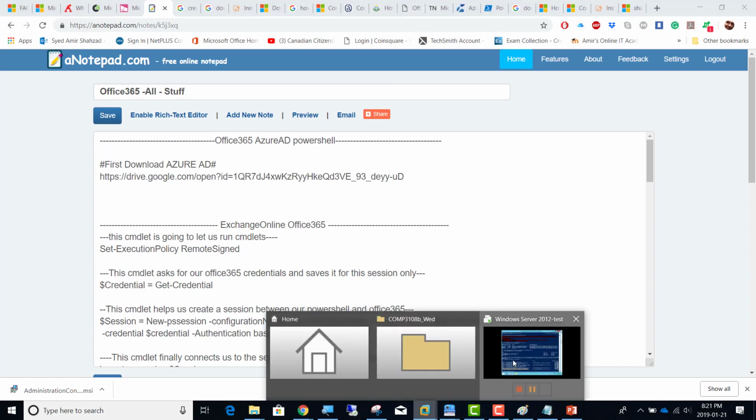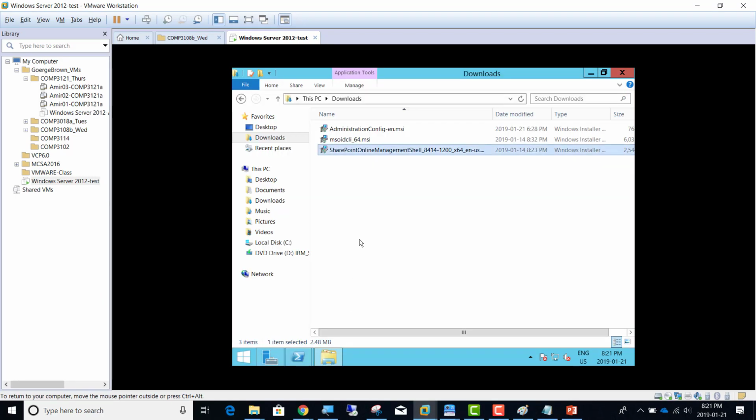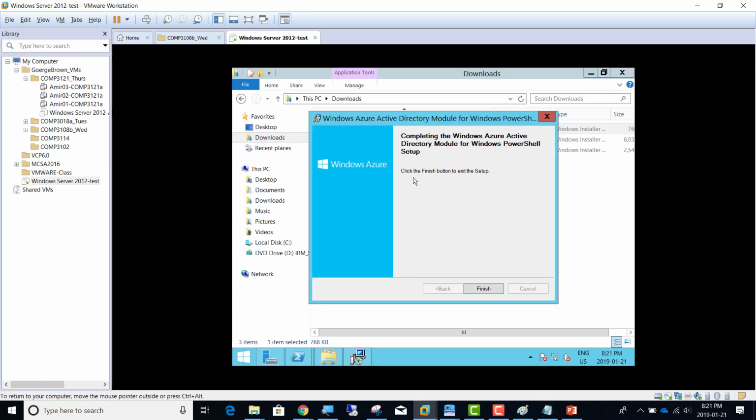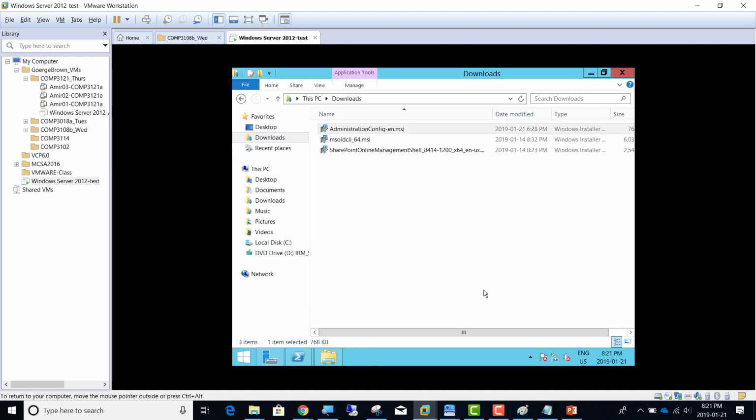If I go to my machine here, this is what I've already installed here. Administration config-n.msi, this file, and when I double click that, normally it is, because I've installed it already, but it looks like this: Windows Azure Active Directory module for Windows PowerShell, completing the Windows Azure Active Directory for Windows PowerShell setup. So, this is the module. And once you install that,